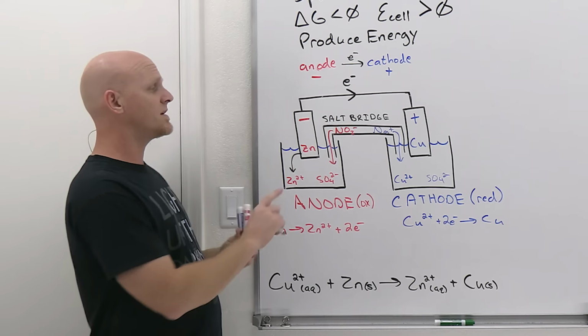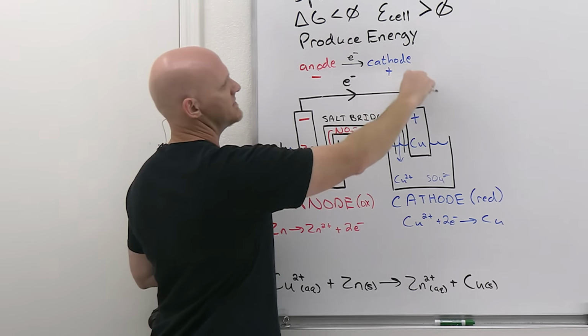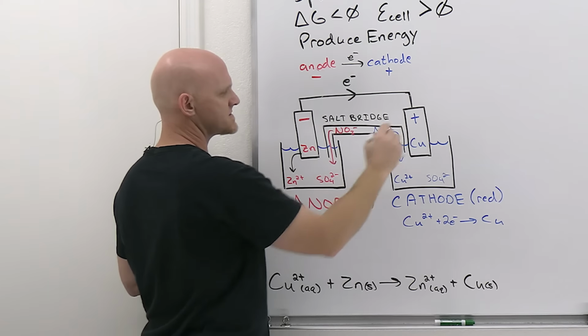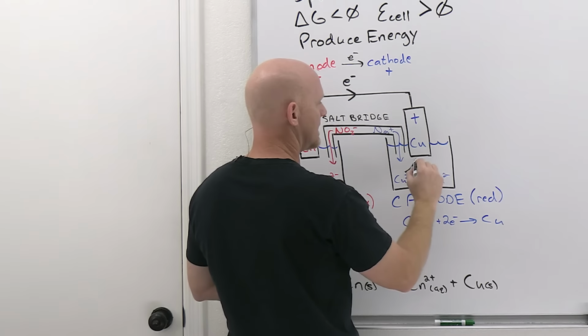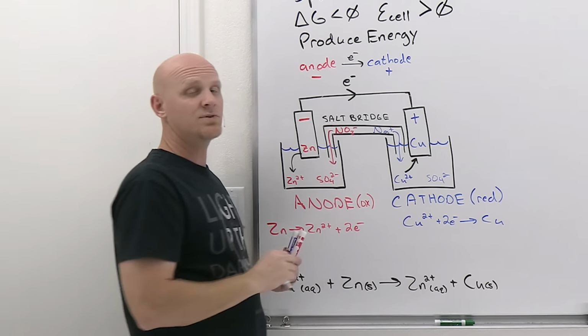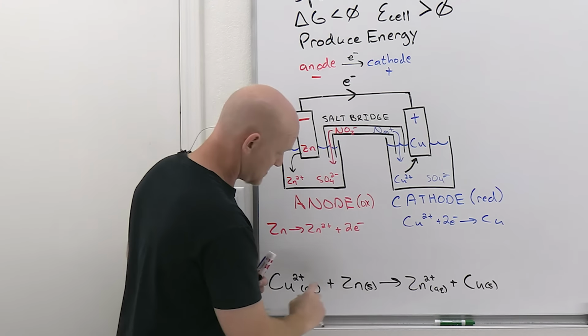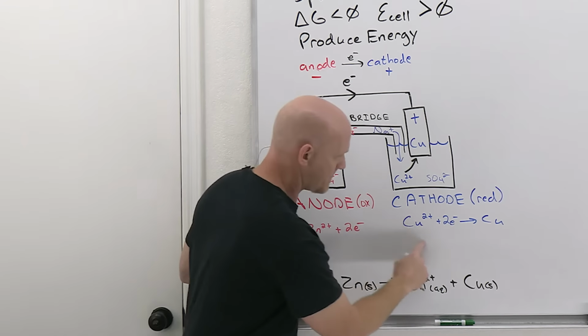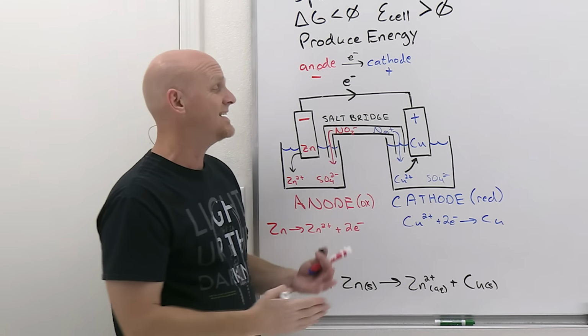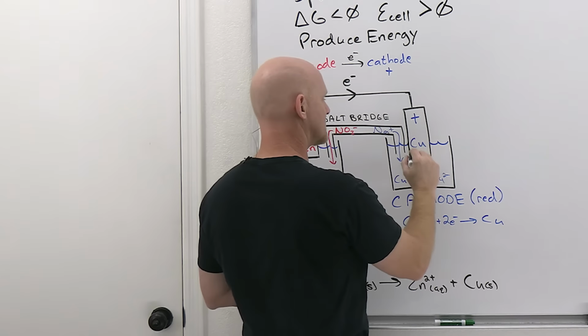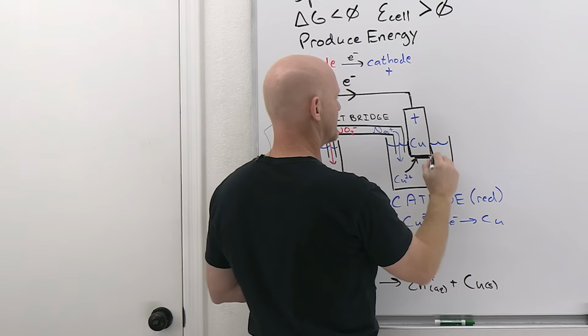It loses 2 electrons in the process, and it sends those electrons to the other side, and those electrons sit on the surface of the copper, just waiting for a copper ion to bump into it. And when that copper ion bumps into it, it gains those 2 electrons, turning it into copper metal. And it turns into copper metal when it's in contact with more copper metal. And so it actually plates out, we say, on the surface of the electrode,